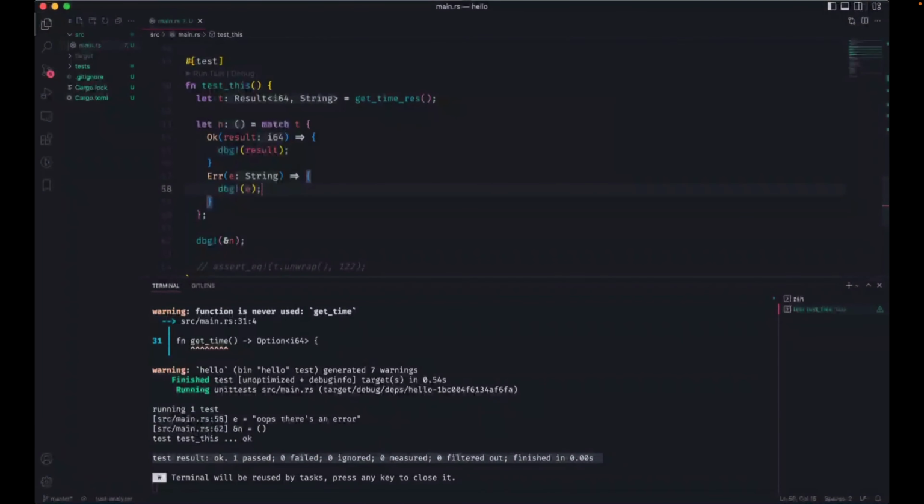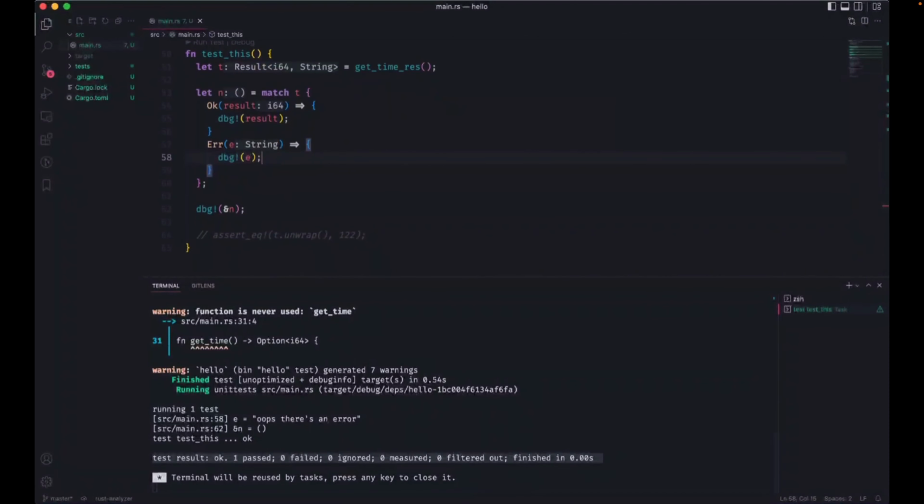You just wanted me to print it out. So if you actually see here in the test, I have two debug prints in my console. I have the "oops, there's an error," and then I have an n equals nothing, an empty tuple. That's because I didn't assign anything.